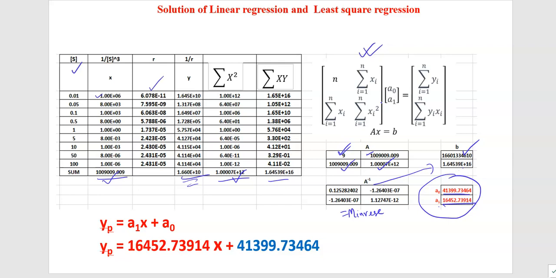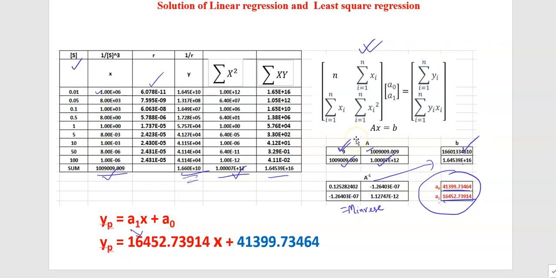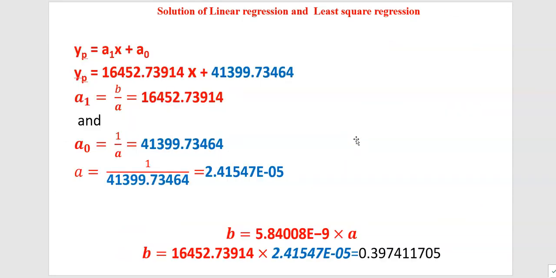Now if we write it in the straight line equation, y = a1 x + a0. So a1 we already got, so we just plug in this value: 16452.73914 and 41399.73464. We know a1 is nothing but b by a, and a0 is nothing but 1 by a. So a1 and a0 we got. From that we can easily get a as 2.41547 to the power minus 5, and b is nothing but